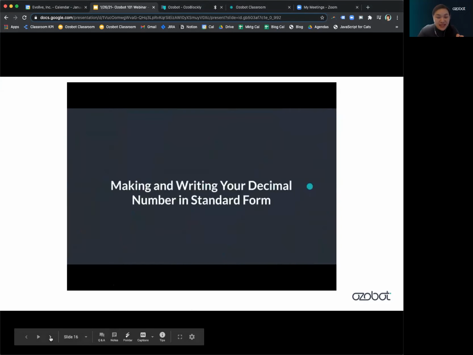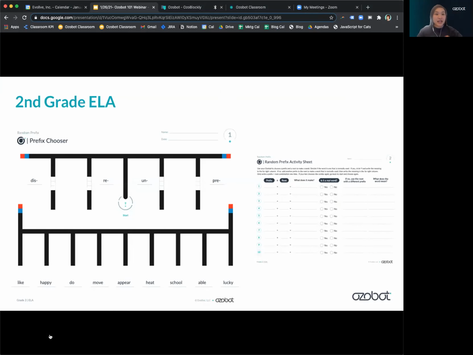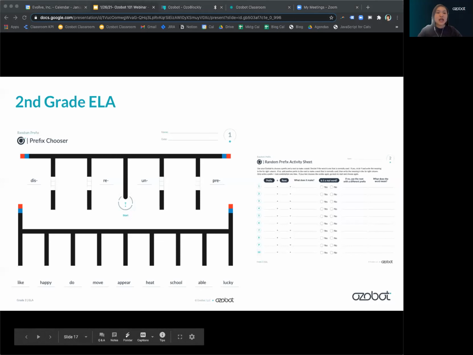And we'll go over, I think, a couple more examples of lessons. In second grade, this is an example of an ELA content aligned lesson where students are learning about prefixes and root words. And coding wise, what they're doing is filling in a line jump color code, which means that when the bot reaches the end of the line, it actually jumps over that white space. You can see a gap between the top part of the page and the bottom part. It travels over that white space and then looks for another line to follow. So it ends up in the bottom half of the page.